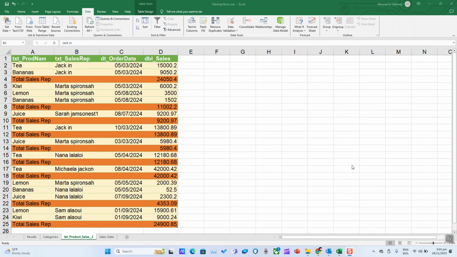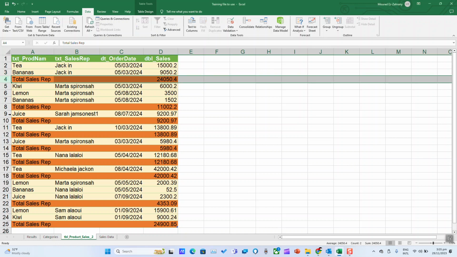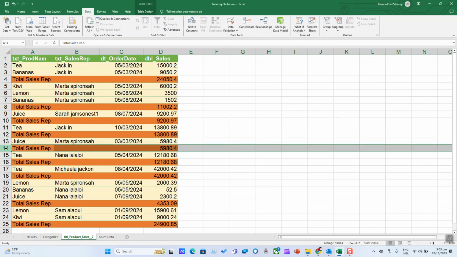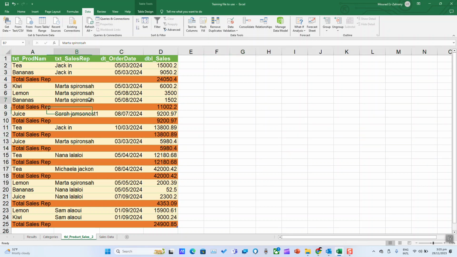In Power Query in Excel, you can easily filter unnecessary data in rows in a few steps. For example, in this file, I have highlighted the items or the rows which I don't want to be appearing, total sales rep. So to remove them, click inside your table